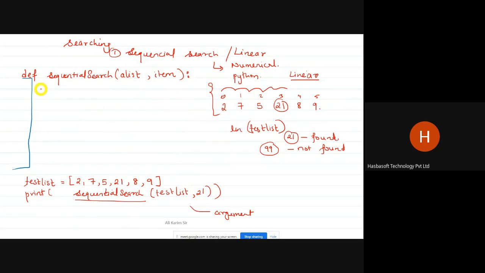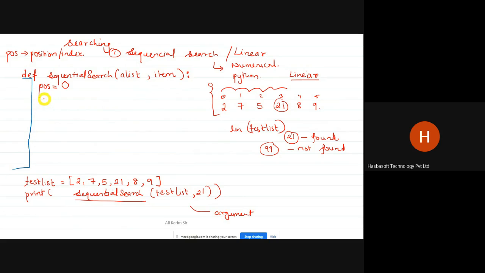So in order to handle my index value, I'm taking a new variable called pos. Pos here means position, or you can say index of an array. Initially I'm assigning a value 0 to it,